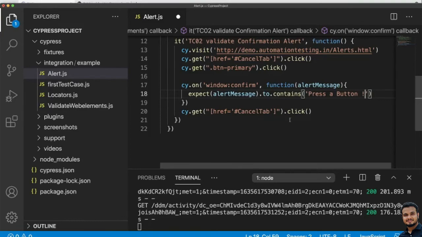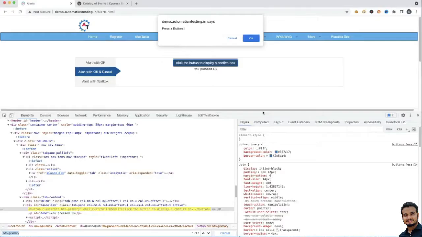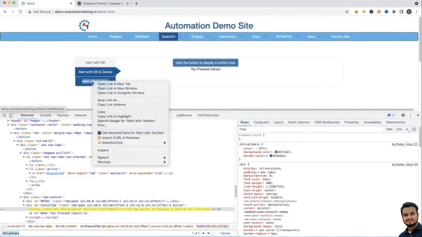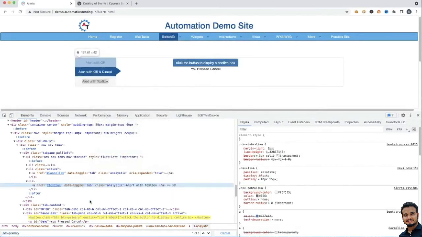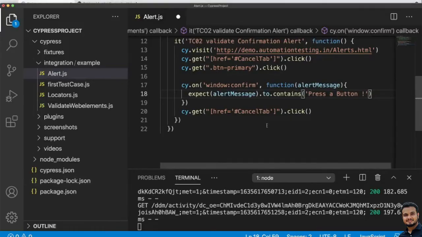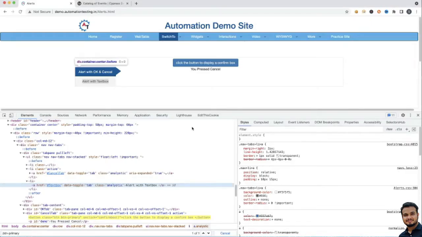And finally this one we should be able to click on, right? So let me inspect and put this one. So this is the test box. Okay, so you understood what I want to do.